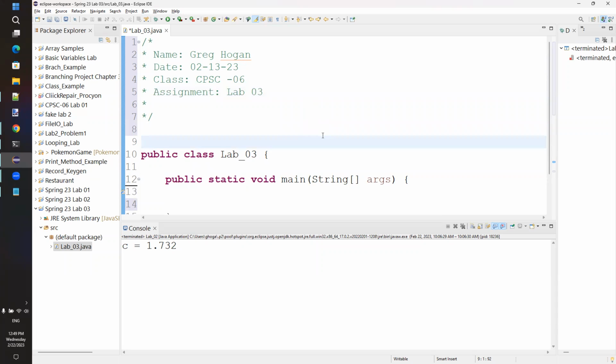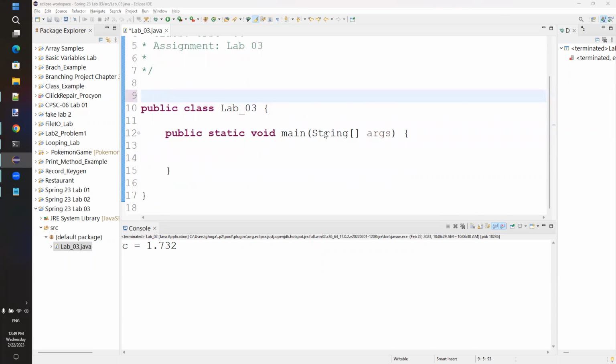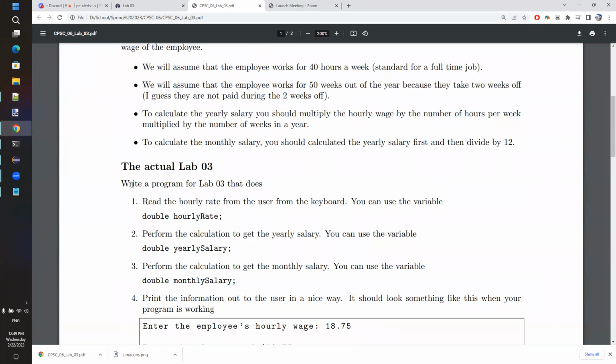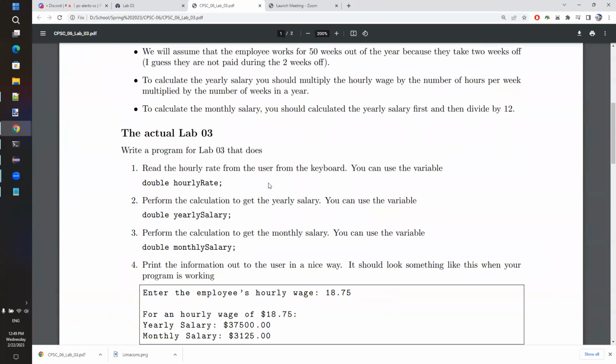So, blank project, let's look at it. So scroll back up here and it says, what are we supposed to do? It says, write a program for lab 3 that does, and the first thing we need to do is read the hourly rate from the user from the keyboard, and I suggest a variable. So these variables here, double hourlyRate, double yearlySalary, and double monthlySalary, those are just suggestions. You don't have to use them, but they're suggestions. And also, even though they're listed in 3 steps, I can go ahead and I can put